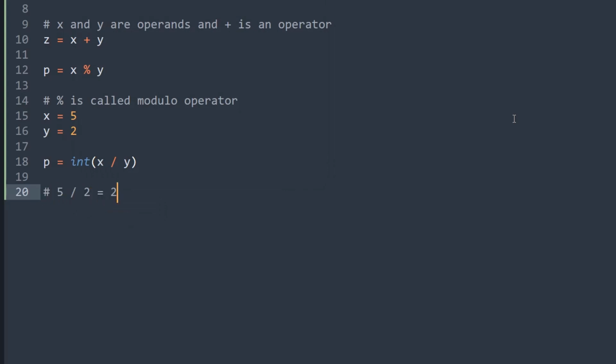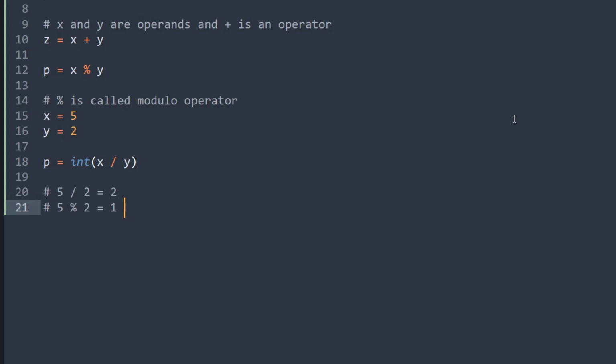If I ignore the decimal part, the value is 2. If you do 5 percentage 2, that is 5 modulo 2, what will you get? 1. So how do we get 1? It is nothing but the remainder of 5 and 2.